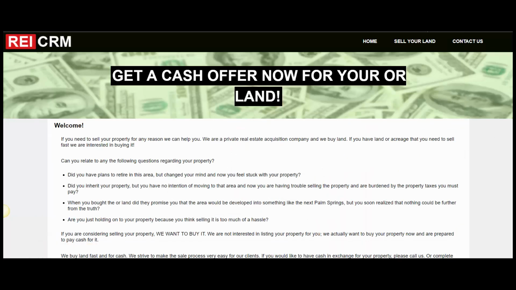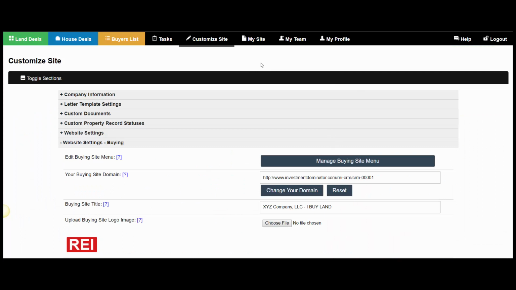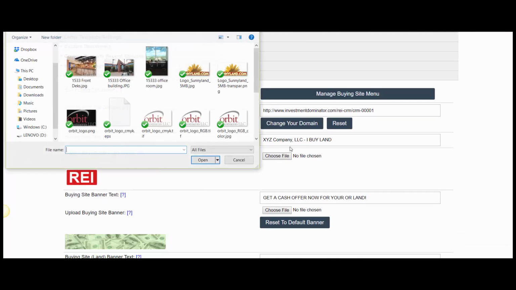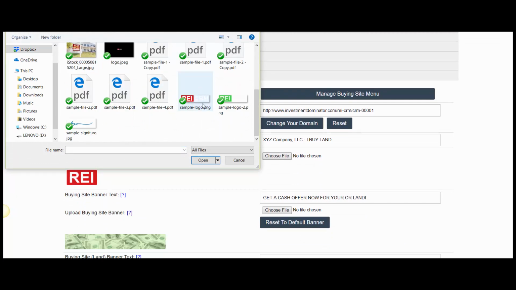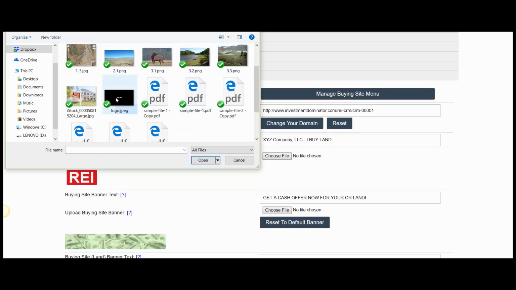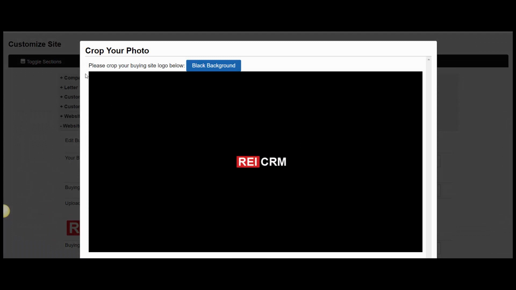So what you're going to want to do is go into the application, and under Customize Site and the Website Settings Buying tab, you want to click on Choose File. Once you do that, you're going to select your file. So in this case, I'm going to choose the JPEG file, and it's going to load. Now you can see here more of what I was talking about. The background is black, and the logo is in the middle, but it doesn't matter where